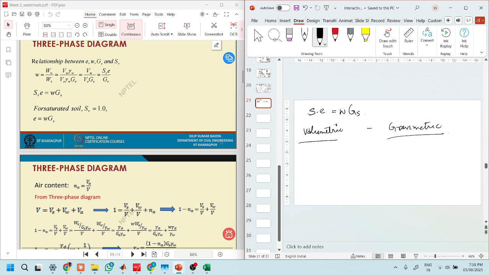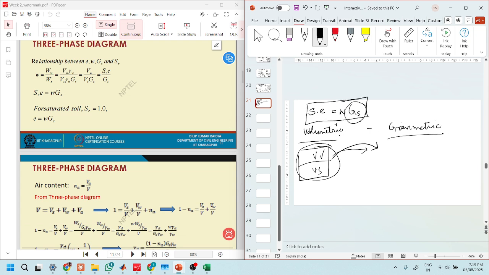Like if I say that I have a volume of soil, it has a volume of solids, volume of voids, I give you everything. But now I tell you, give me the weight of this soil. You will not be able to give me the weight unless you know the Gs. And when you know the Gs, you can convert it from volumetric to gravimetric. And this is a key